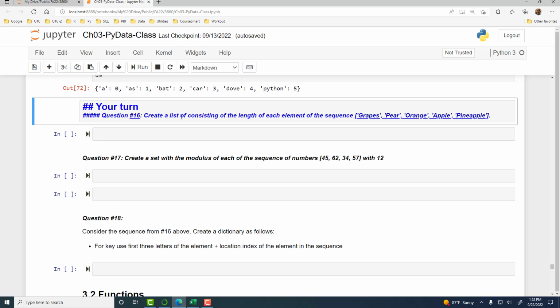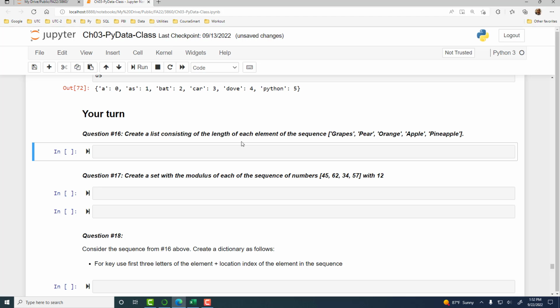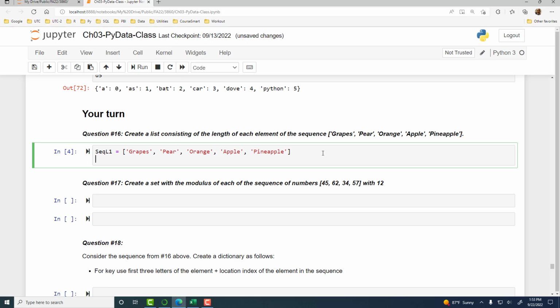So create a list consisting of the length of each element in the sequence. Okay, so let's copy that and put that as, just make up a name. Okay, so that's the list, and we want